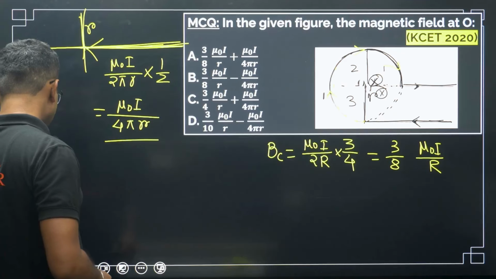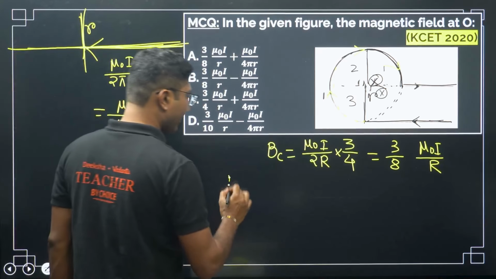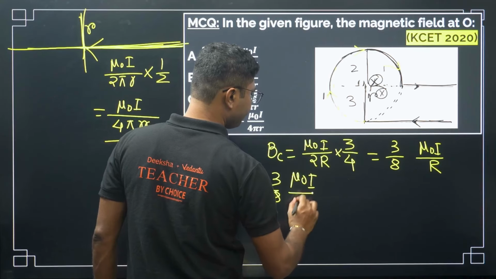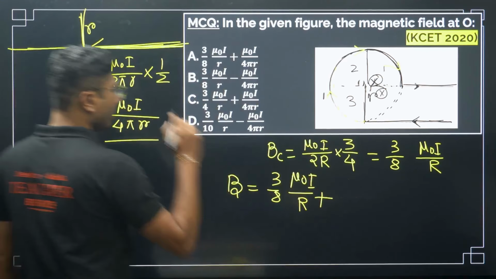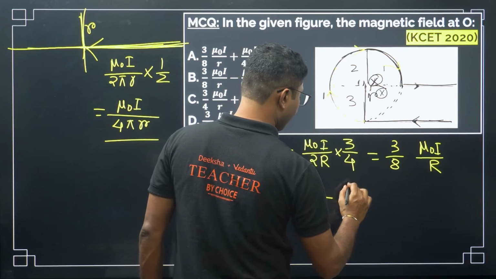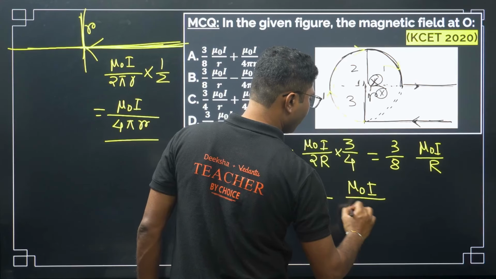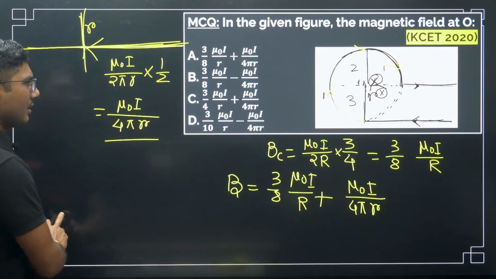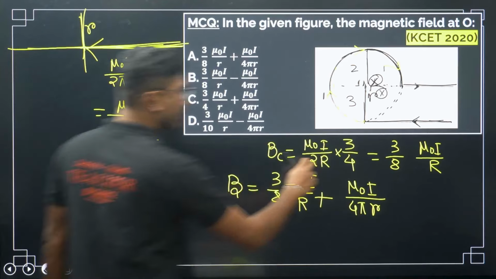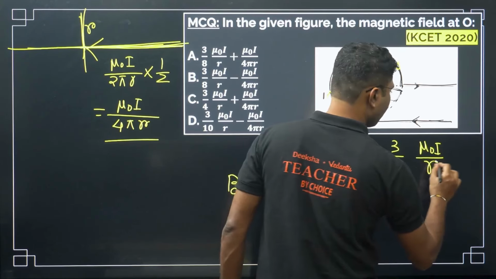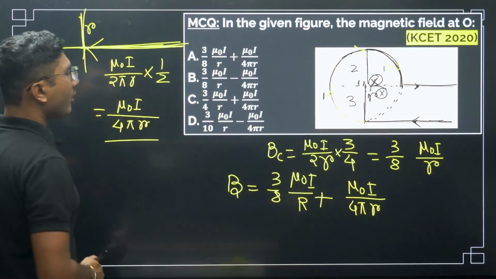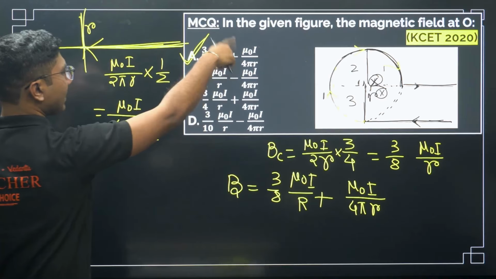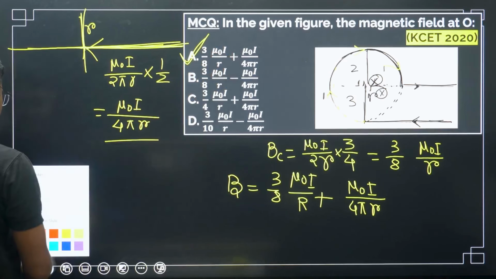That means the resultant, the total magnetic field, is basically 3/8 mu naught I by R plus this value, mu naught I by 4 pi R. Okay, small r, capital R is the same, because only small r is given, so let me write small r over here as well, right. So you can see that only one of the answers is correct, which is option A. If you see, both options are the same except for the negative and positive sign. So there will be some confusing